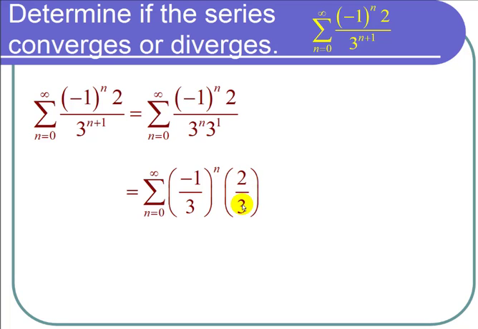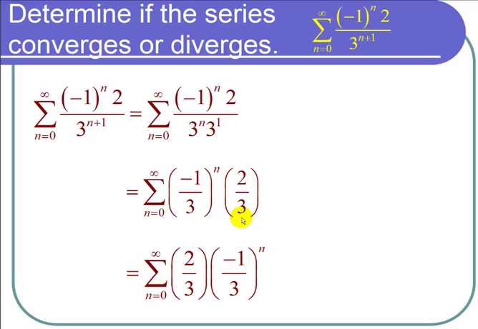Now, usually geometric series have constants in the front instead of to the right. So I'm going to switch this around and write this as a summation of 2/3 times (-1/3)^n. And now it really does look like a geometric series. In particular, let's find out what c and r are. So c is the constant in front, which is 2/3, and r is the base of the exponent,